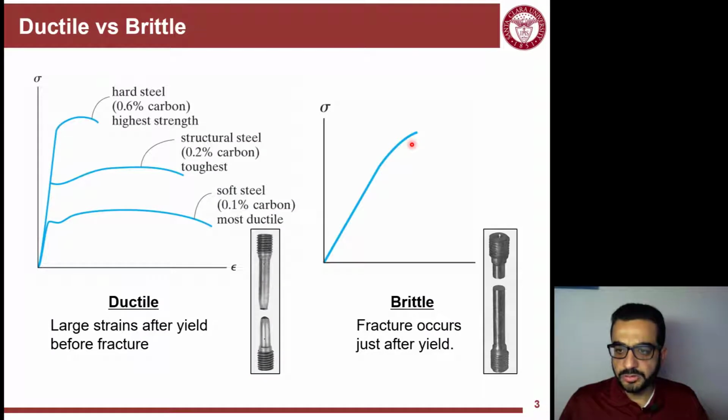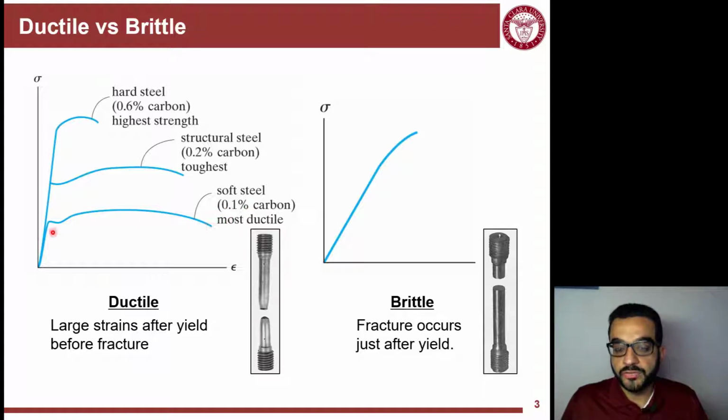So the first thing we'll start to learn when we look at a stress-strain curve is how brittle or how ductile a material is. If we want to define what it means for a material to be ductile, it's by looking at how much deformation it had after the yield up to fracture. The longer this distance here, the deformation, also represented as strain, the more